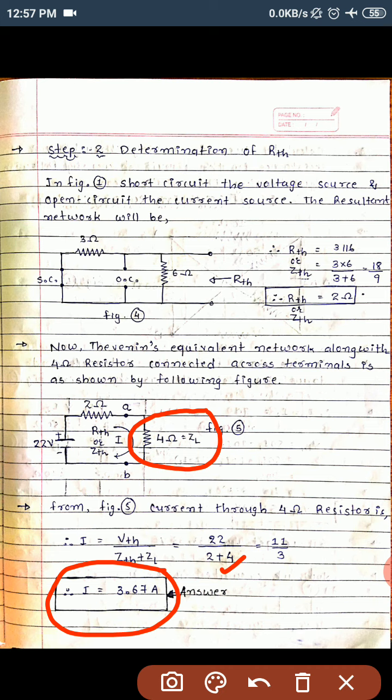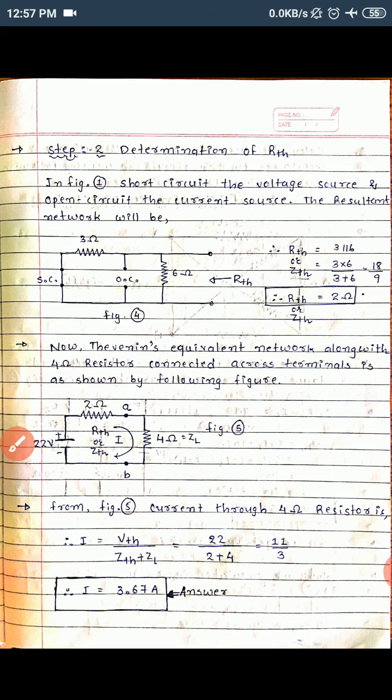So this is all about our Thevenin theorem application, how it will be applied. Initially we calculate the value of VTH by open circuiting the terminals of network A and removing network B. Second, we find the value of ZTH. Afterwards, from VTH and ZTH we develop the Thevenin equivalent circuit. If it is asked in your GTU exam to calculate the current on the load side, then we apply this process. So finally in this example we get the value of current I, that is 3.67 ampere.